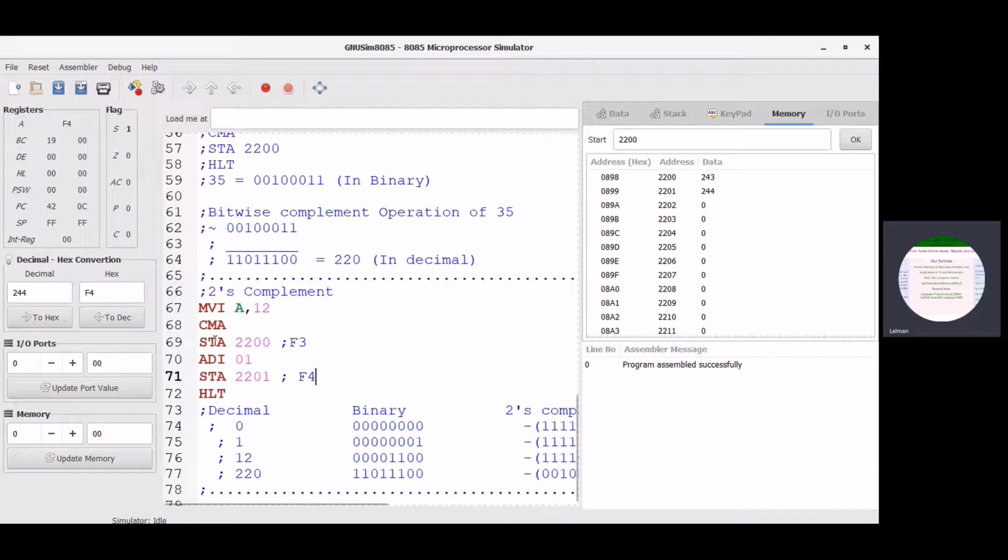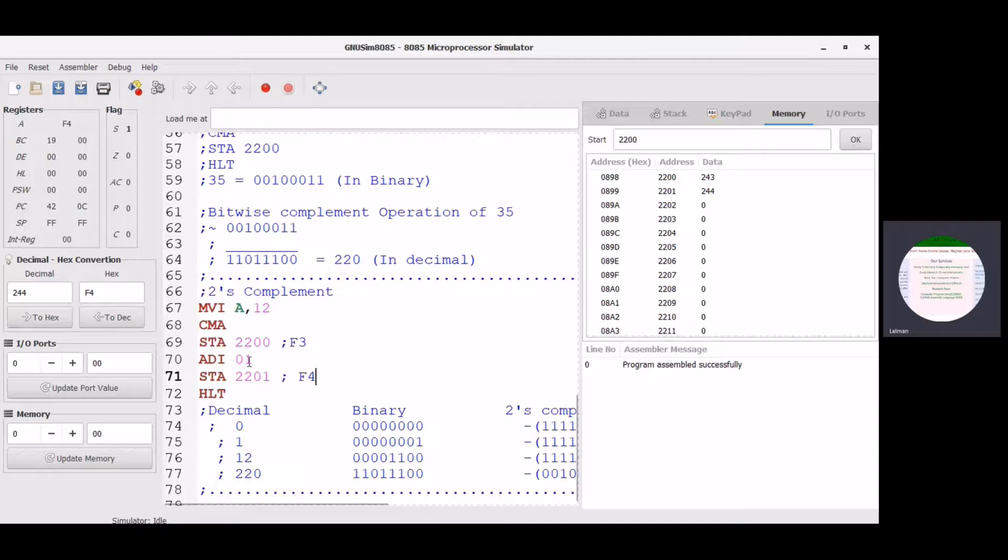Okay. Now how does it work? First of all, we take the decimal number 12 in the accumulator A, and apply the CMA instruction and get the complement value of 12 at the memory address 2200. Now after getting the ones complement of 12, apply the instruction ADI 01.